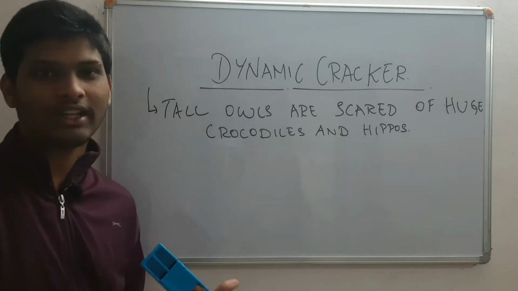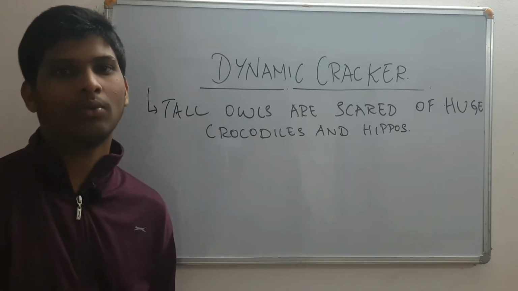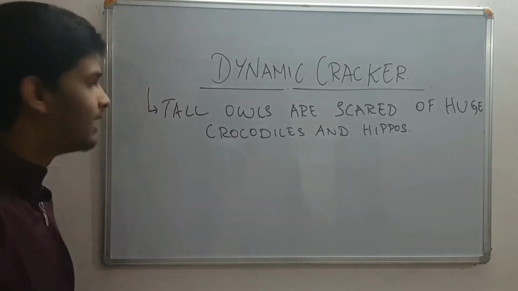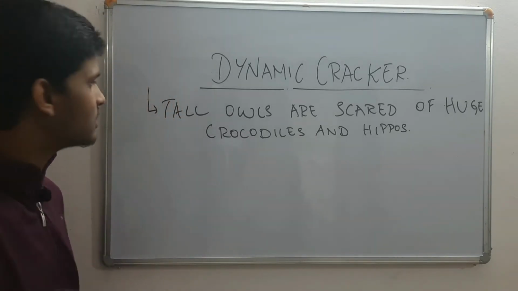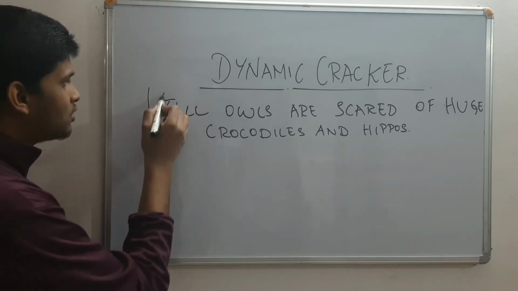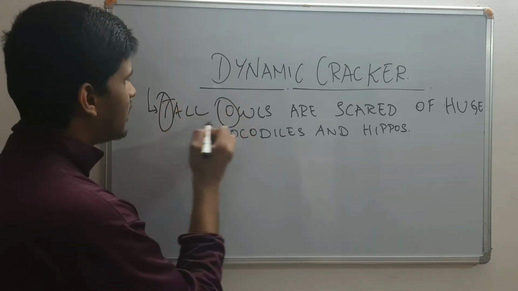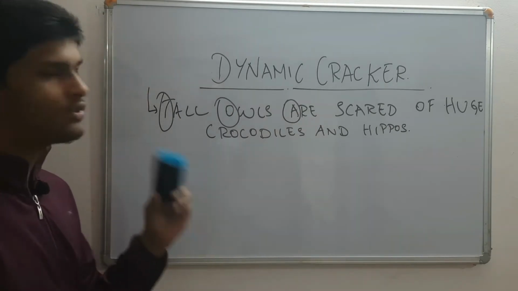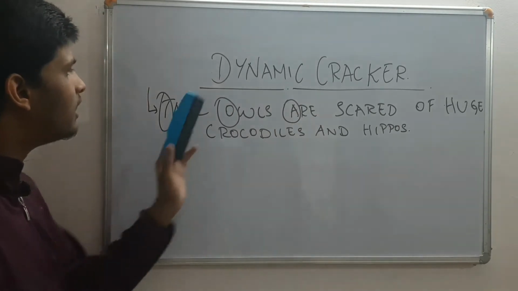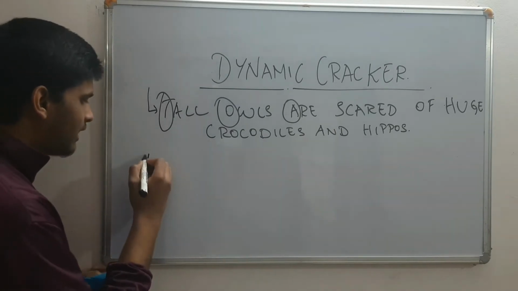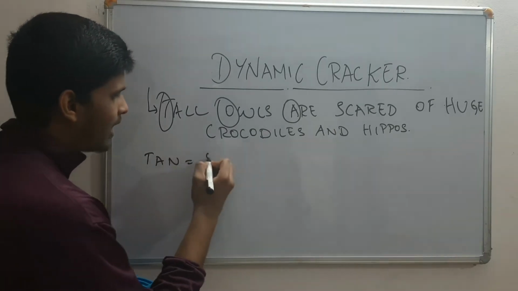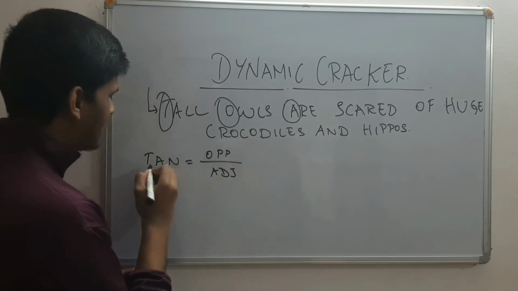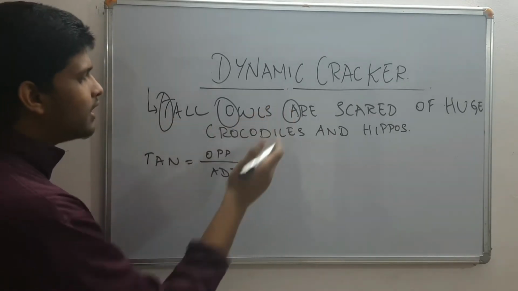From this sentence you can remember the formulas of tan, sine and cos, not the trigonometric ratio values. If you consider each word's first letter, you will get the formulas. The first three words represent T, O and A, so it comes like tan. We get the tan formula as opposite side by adjacent side: T for tan, O for opposite side, A for adjacent side.